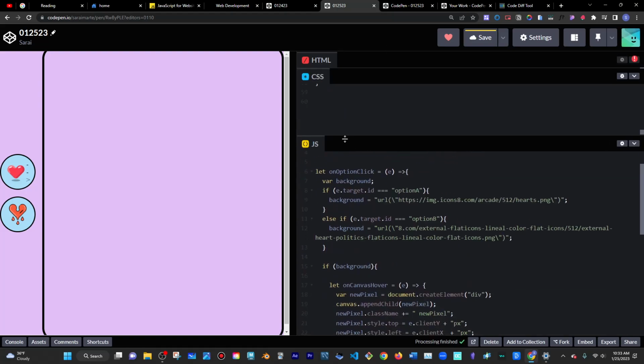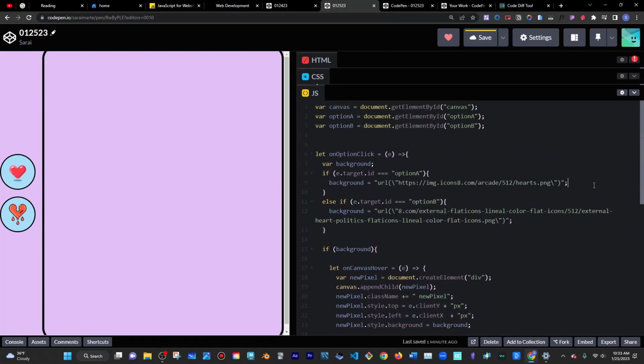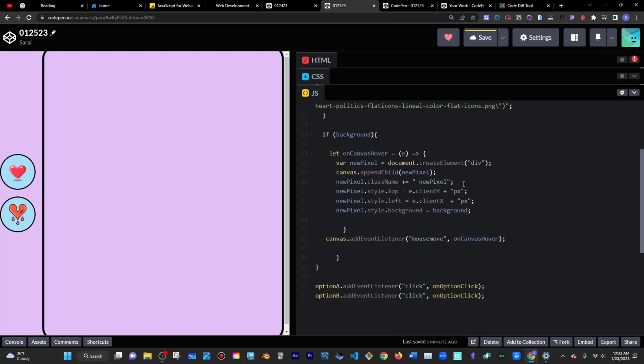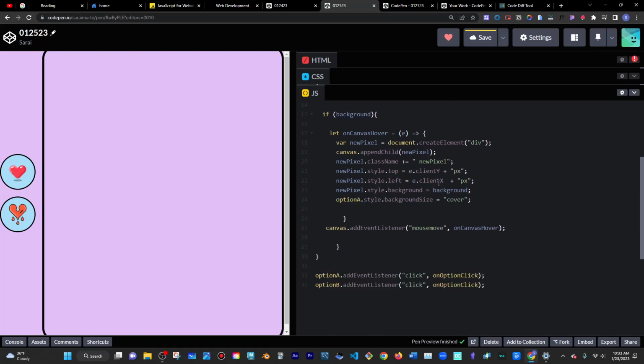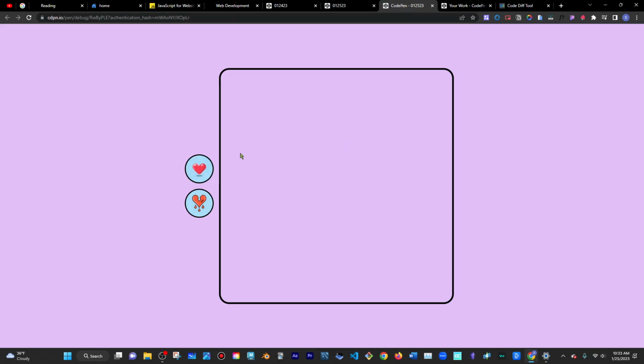Hopefully this works. I would just have to say in here, we just have to say new pixel dot style background size cover. Hopefully that works. No? Okay. Why doesn't it work? Oh,